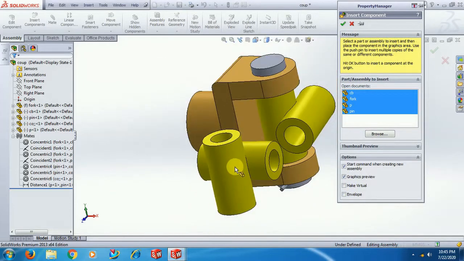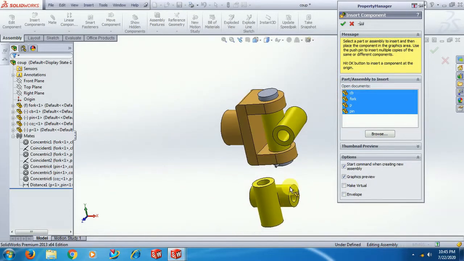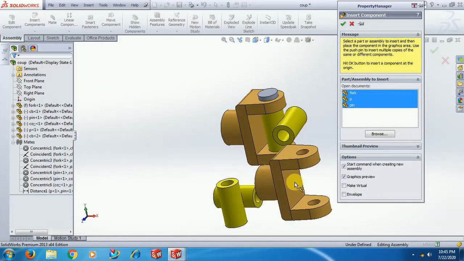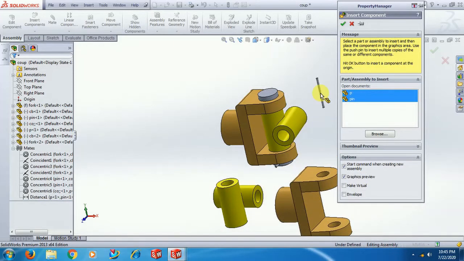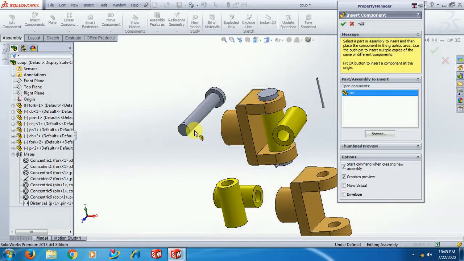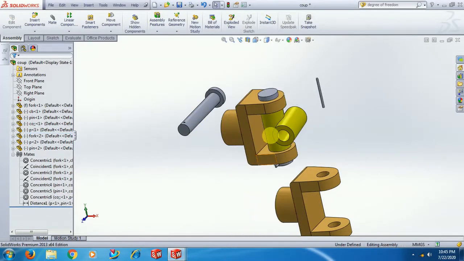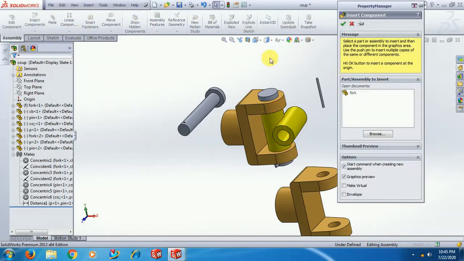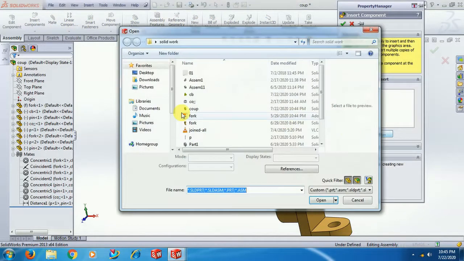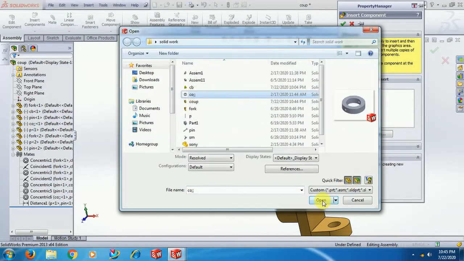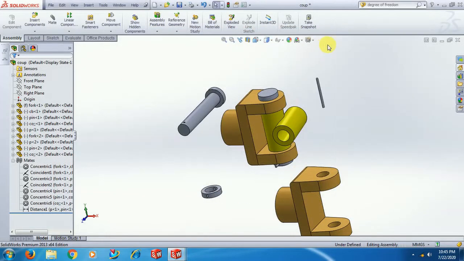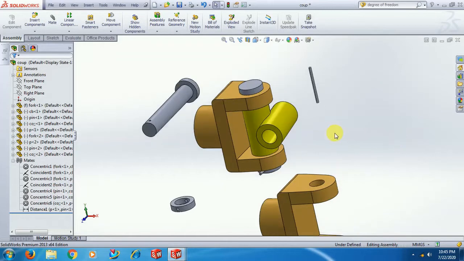Now see, sorry, no need of a center block, let it be. To delete this, just right click on that, delete. Collar we need, that's it. Like this you can call multiple parts at a time.